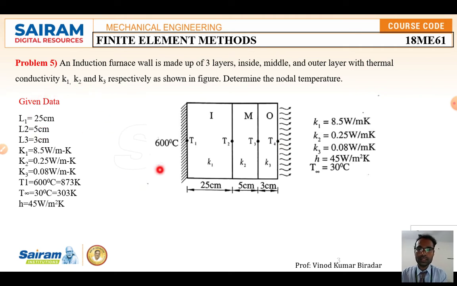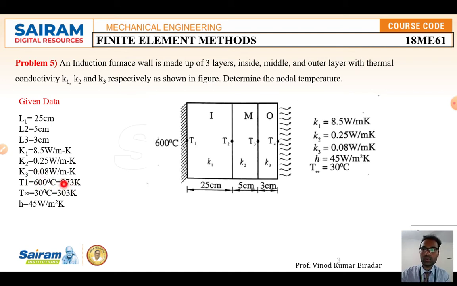First note down the data; along with that they gave the lengths also. The first inner length is 25 centimeter, the second is 5 centimeter, and the third layer is 3 centimeter. So note down the given data first: L1 is equal to 25 centimeter, L2 for the second wall is equal to 5 centimeter, and L3 is equal to 3 centimeter. K stands for the thermal conductivity, and they gave separate thermal conductivities for different layers: K1 belongs to this, K2 belongs to this, and K3 relates to this. Note down K1, K2, K3, and T1. Here the surface temperature is given as 600, which is the boundary condition you have to write here: T1 is equal to 600. If you convert that into Kelvin, that is 213.